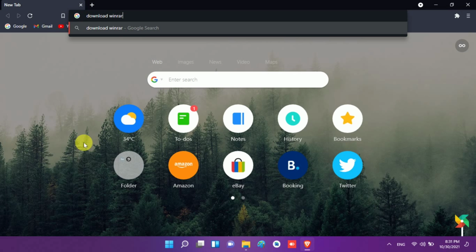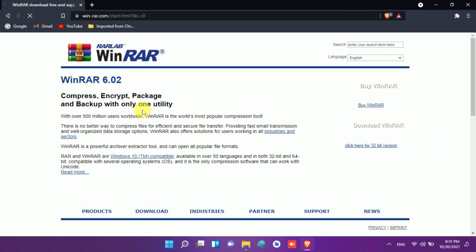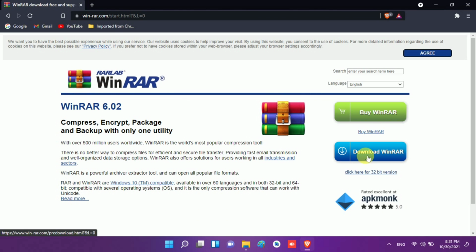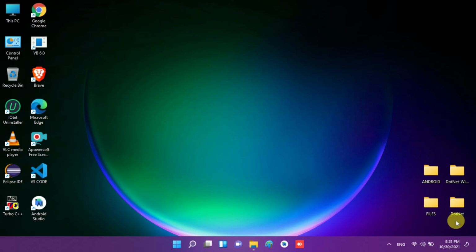If you have WinRAR previously installed, it is good. If you don't have WinRAR, download it with this link. So I open this link, the official page of WinRAR version 6.0.2. Now you need to click on this download button and install the WinRAR software.